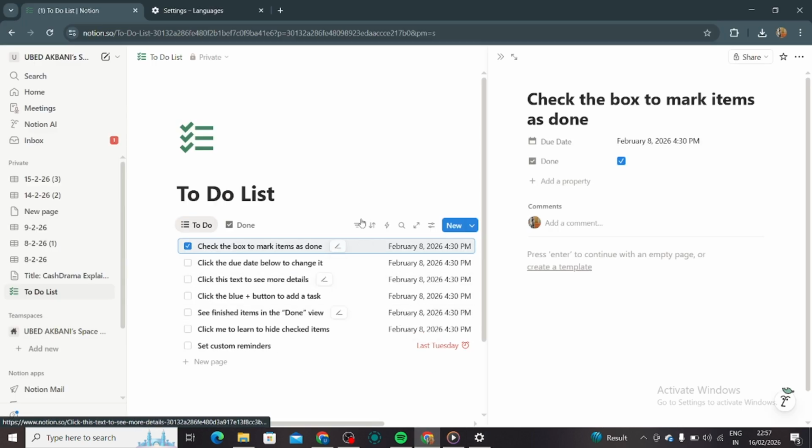That's it. Notion relies on your browser or system spell check settings, so once those are enabled, spell check will